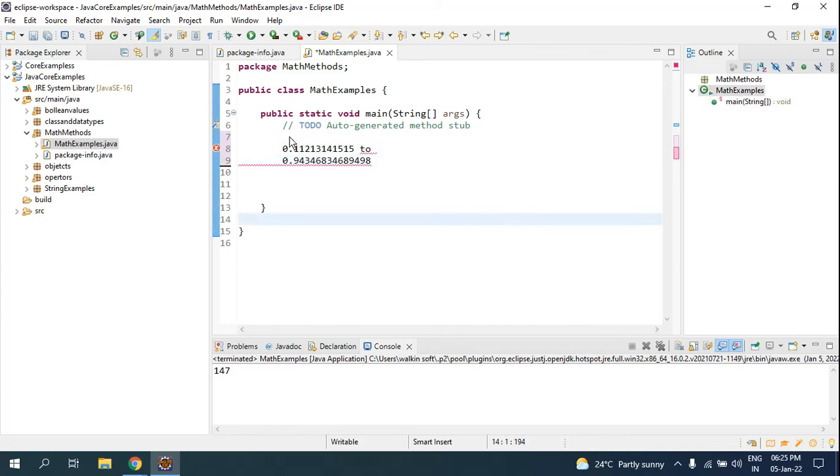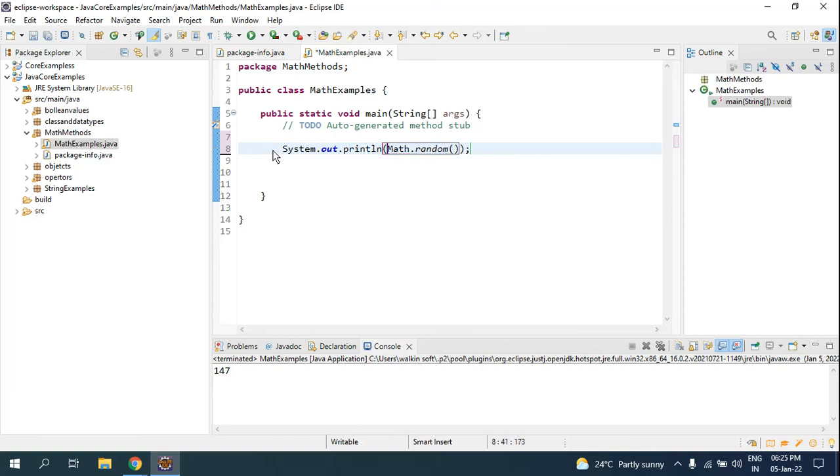So from this to this, you will get random numbers if you use math.random. I'll take one example and show you. I'll use SYSOUT, which is like a print statement. Here I'll use math.random and run my application. Look, you can see 0.58.